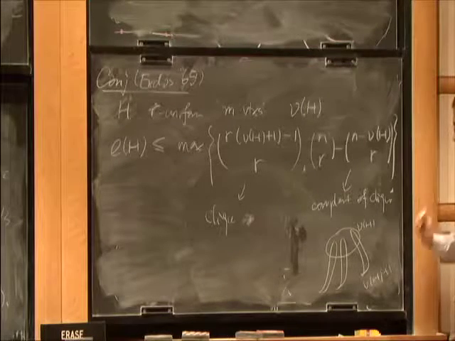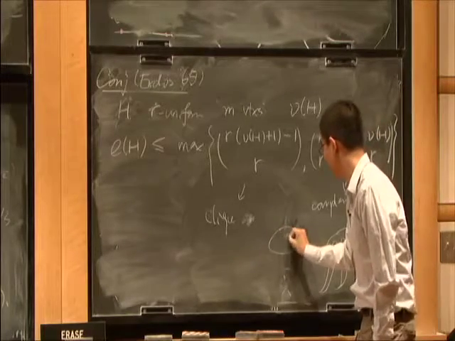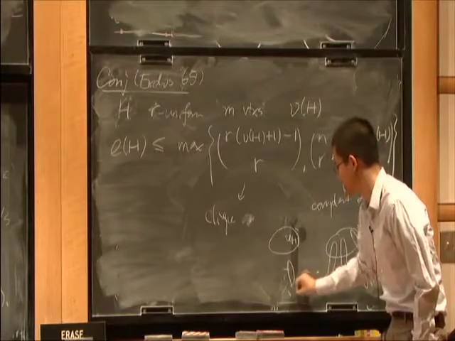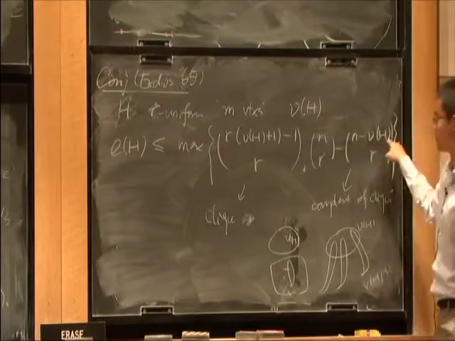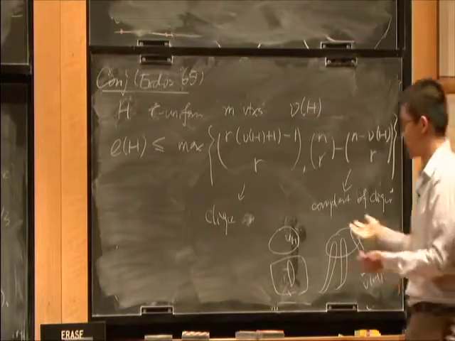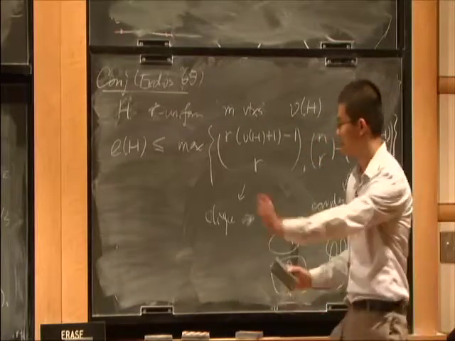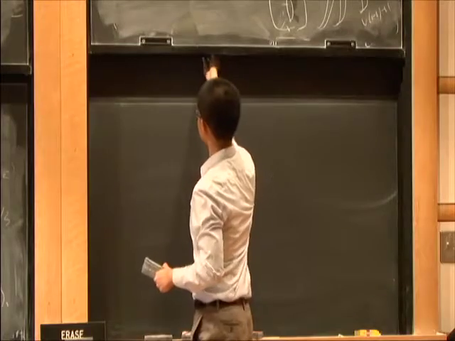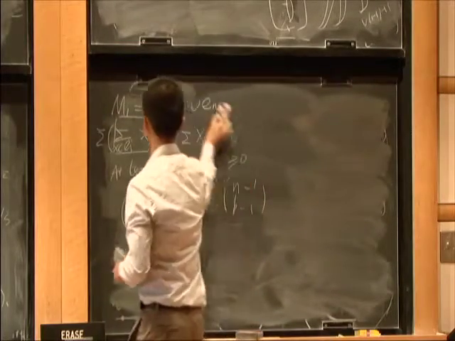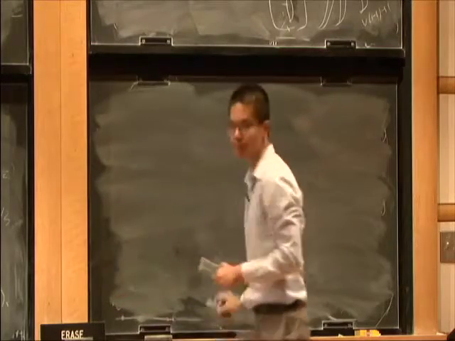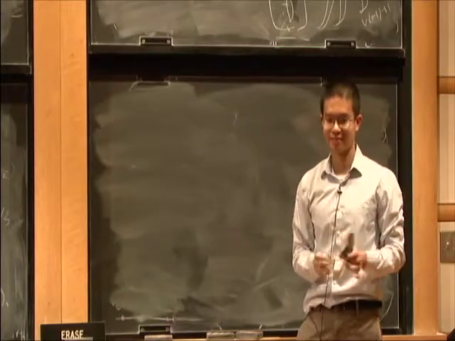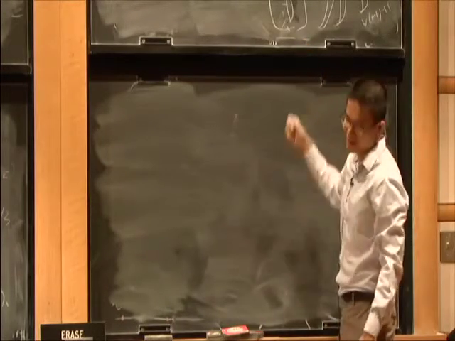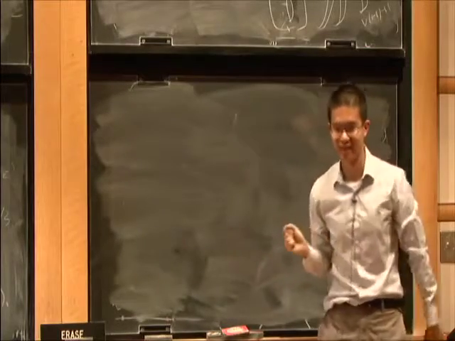Mm-hmm. So we have this set of size nu of H. First, the total number of edges is n choose r, right? Then we look at the edges which are completely contained in its complement. So it's n minus this number choose r. So there's no r minus 1 involved. The conjecture says such a set with its complement is tight if n is large enough. Yes. Is this known? Asymptotically, if n is large enough? Yeah, it's known. Actually, I will talk about it in the second part of my talk, but let me finish